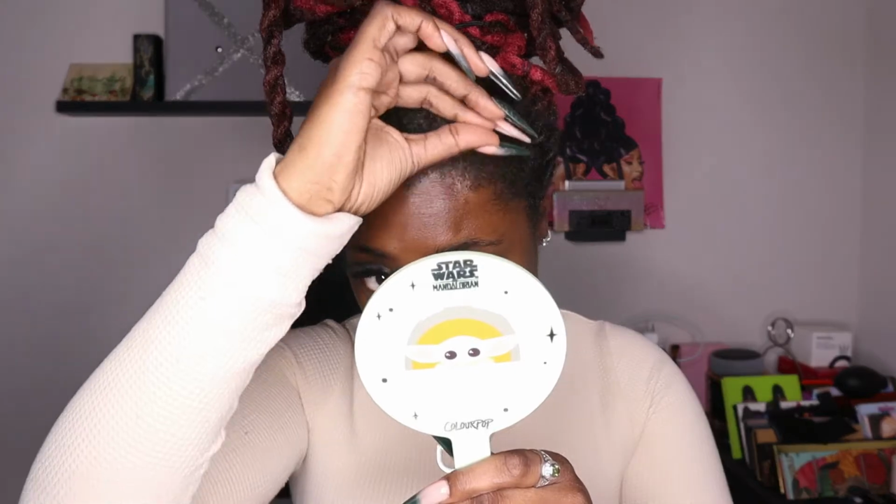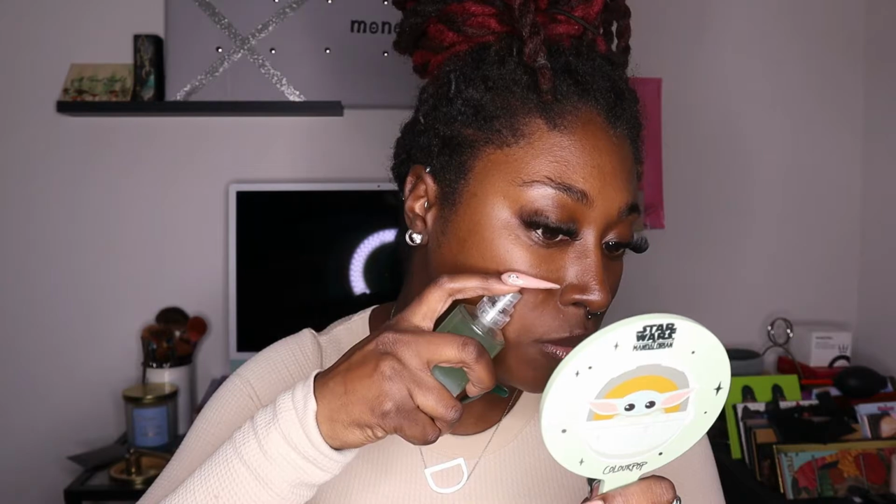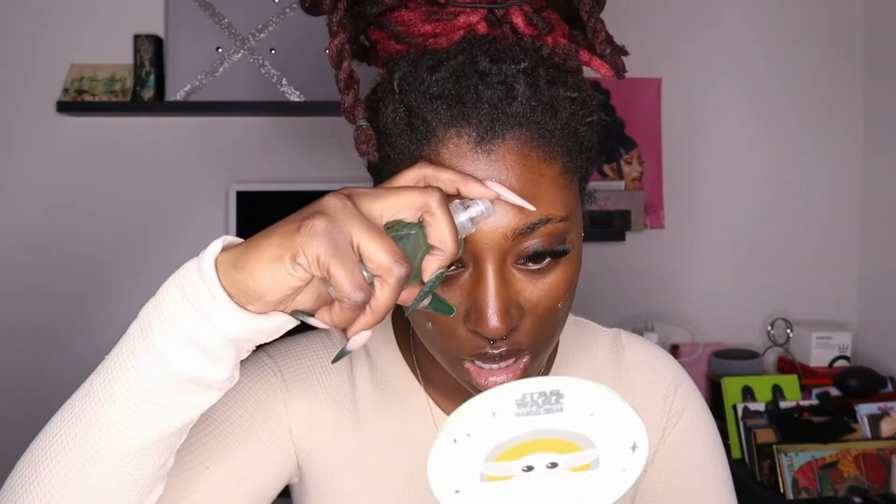First thing that's new is I got this little baby Yoda mirror. It's so cute. Look, it's so little though. It's like teeny tiny. But I mean, like, how big do you really need your mirror? I can see my face. I can see sections. We're good. I am going to go in with primer. This is not new. I'm just going to squeeze this on my face. So while I'm rubbing this in,